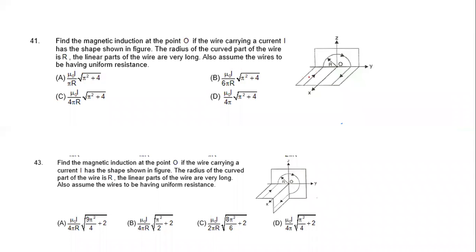So we have to find the field at this point. This current element lies in which plane? This element and the point lie in the XY plane. First thing I understand is that the field will be either in the Z direction or the minus Z direction. I point my right thumb in this particular direction, and see which way my fingers curl. I notice the fingers curl in this fashion. It means due to this element, the field will be in the downward direction.